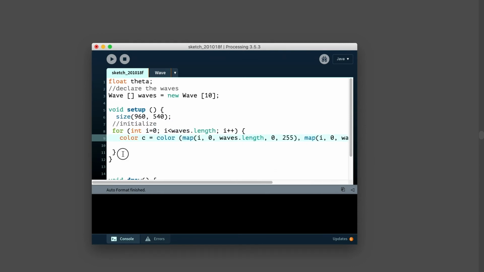Okay. Inside of here, maybe I'm going to say it's 30 waves. I'll grab the float sizer is equal to width divided by num in this case.